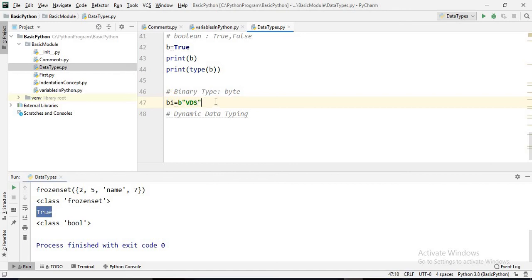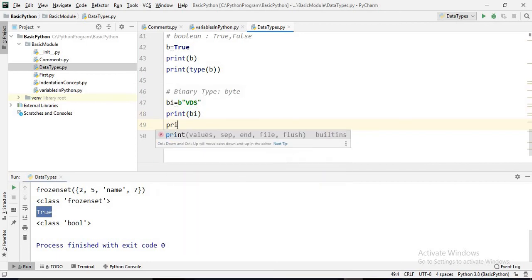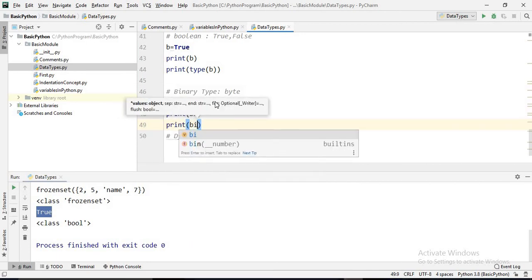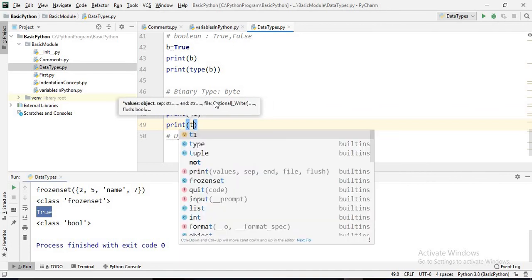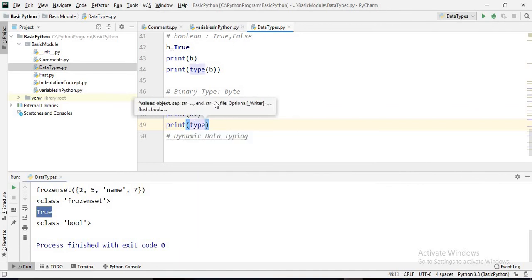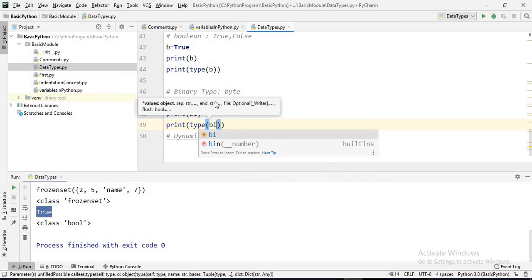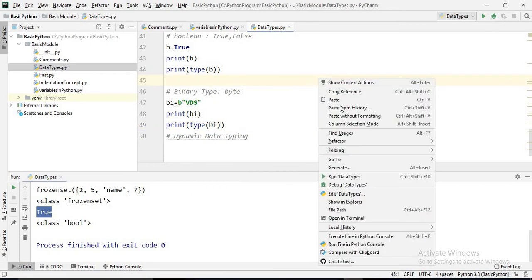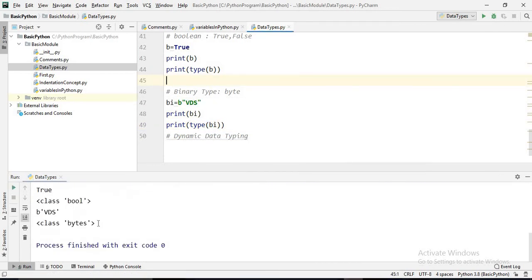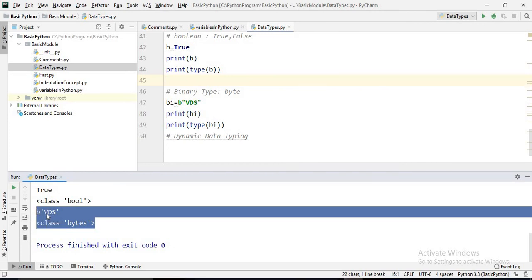Now we'll print bi, and print the type of bi. Type is a function, use it with bi. In this way we can find it. Let's execute that one. See, it is a byte type and the value is bds.